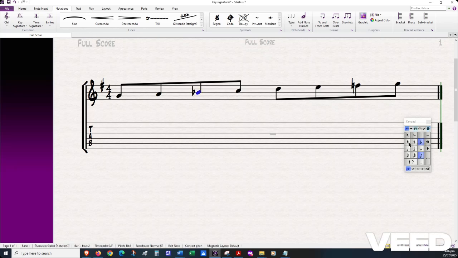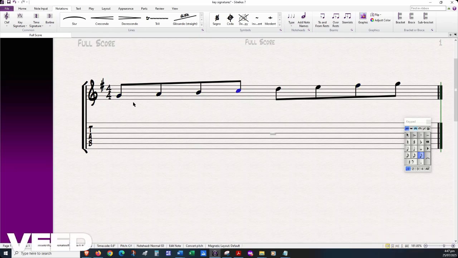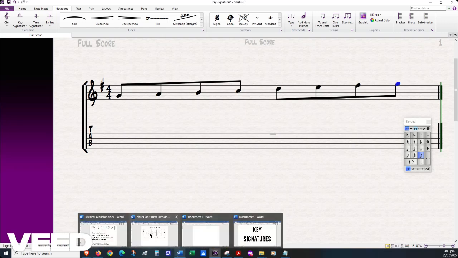This is the key of G, and there's an F sharp on that note there. The key signature there, which is F sharp, tells us that that note on the same line is the F sharp. So G, A, B, C, D, E, F sharp, G. So going back to where we were,